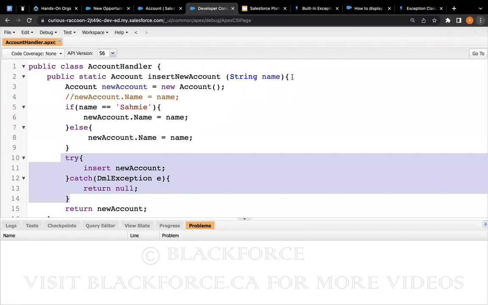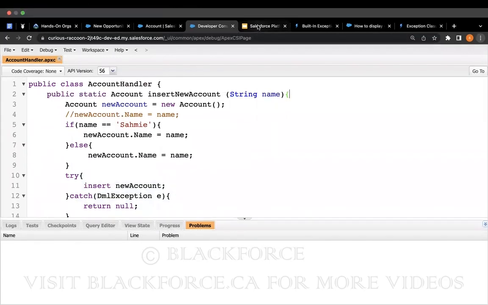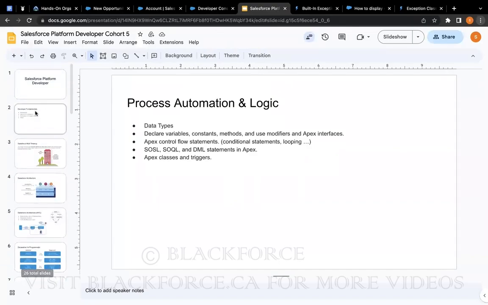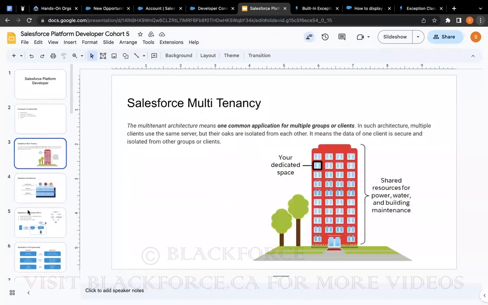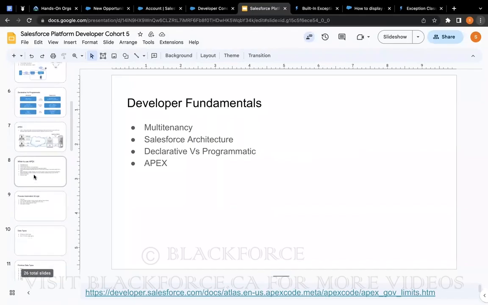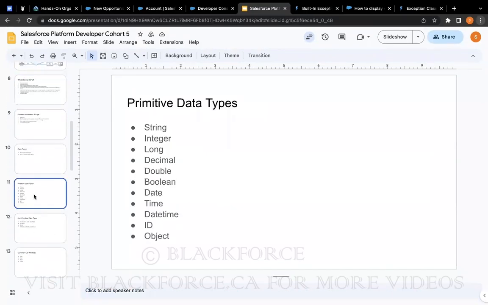I know almost everyone attending the class is familiar with the whole, let me not call it the normal stuff, the whole stuff we did from JavaScript, and I don't know if you guys did it in App Builder. Data types, data structures, strings. I won't want to start going through all those. All the string, integer, long,